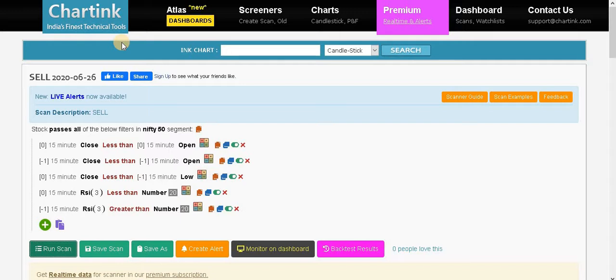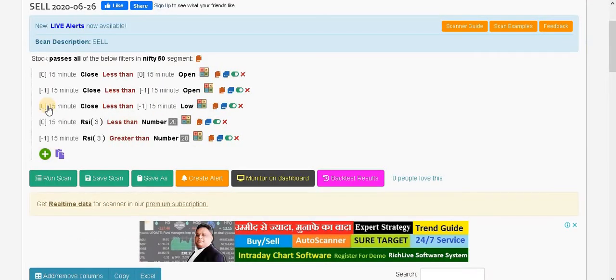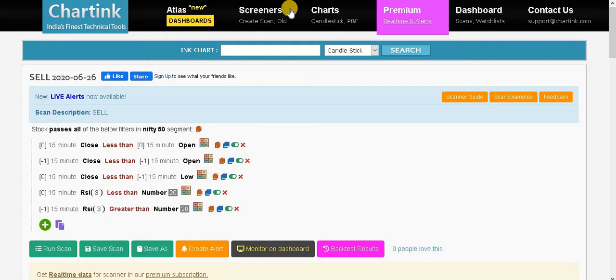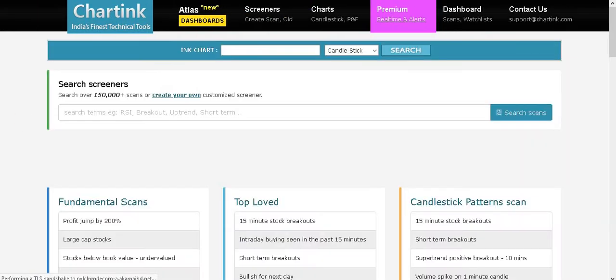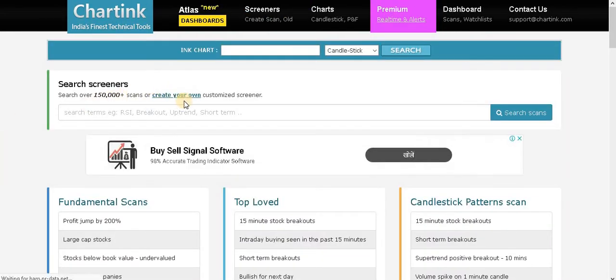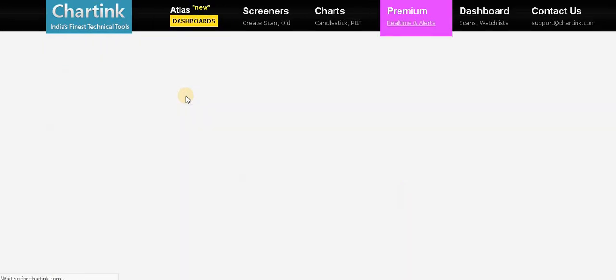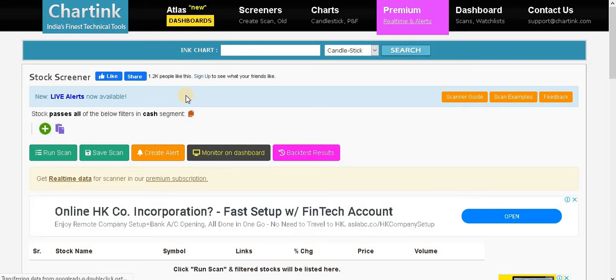Now we should create our next scan, but before that, for this we need to again go to our scanners part. We will be creating our scan over here. As usual, we shall be clicking on this plus symbol rounded up in green.